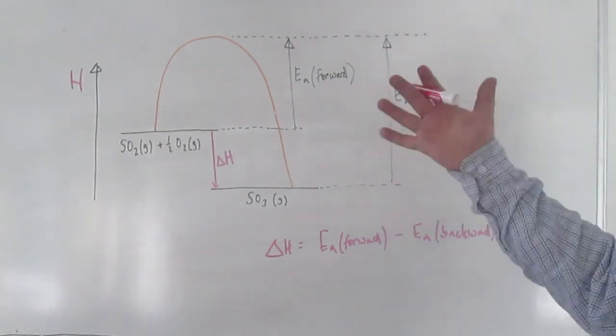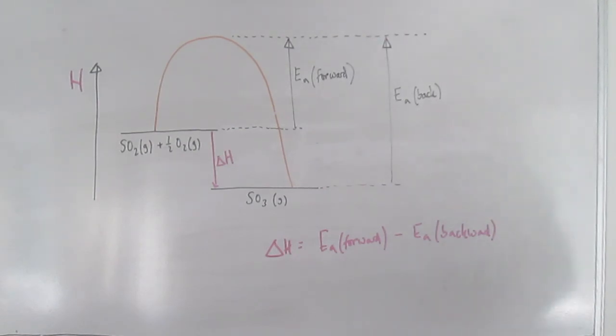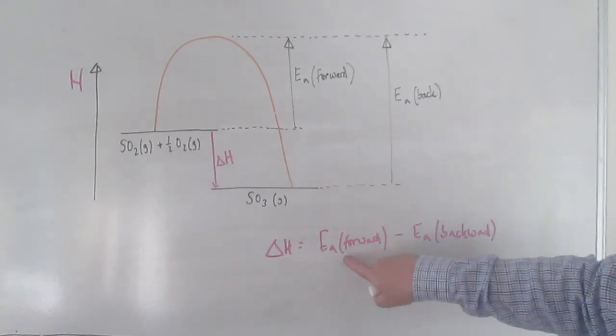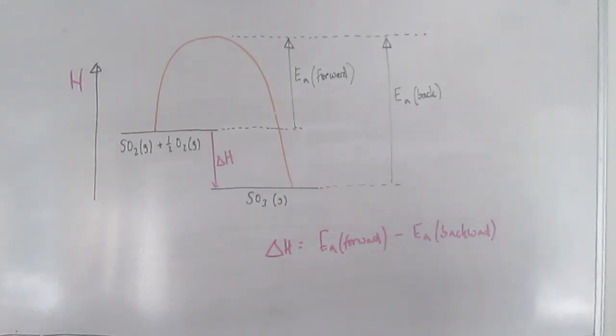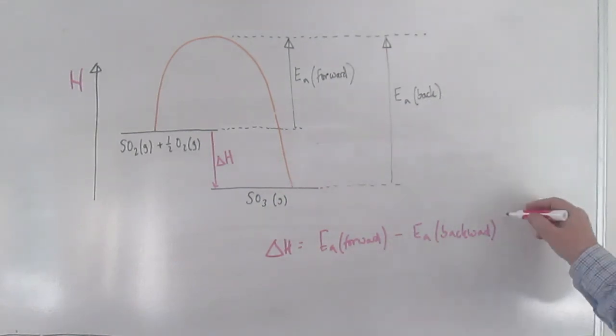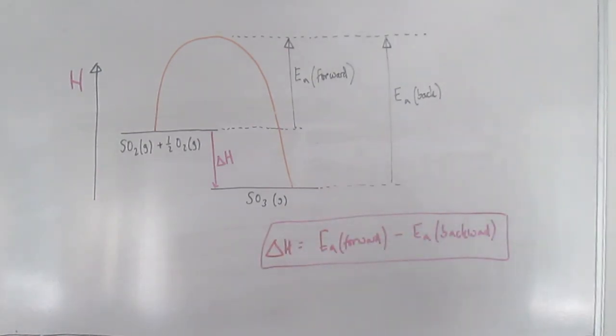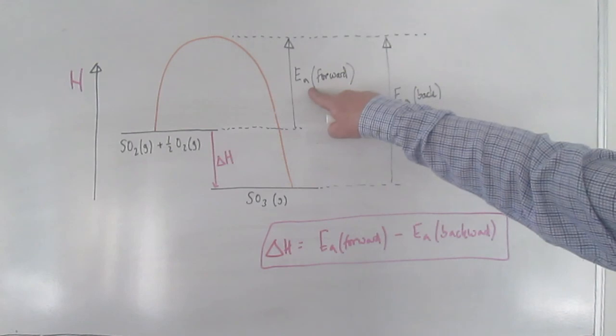You need to be able to draw that diagram to make this point, but you also need to be able to do calculations based on this. So they might give you any two of these numbers and ask you to solve for the third one. So you either need to memorize that relationship, or it may be easier just to figure it out from the diagram, because you can see, say, if you're given this number, say this